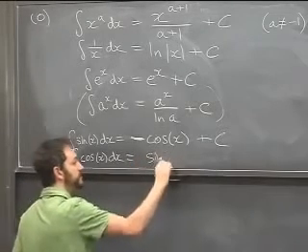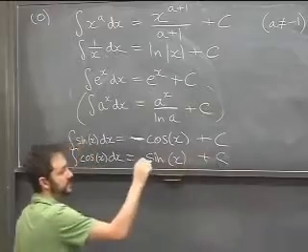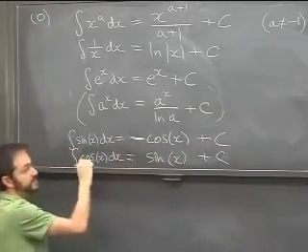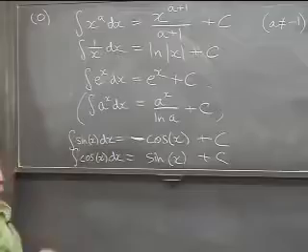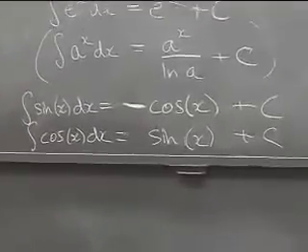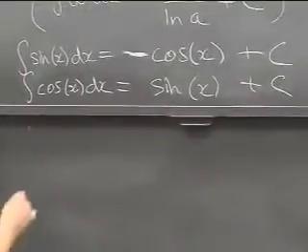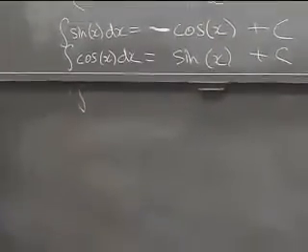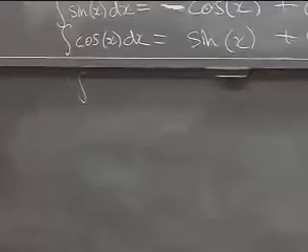However, the integral of cosine is sine. Look, just check by differentiating. The derivative of sine is cosine. Derivative of minus cosine is sine. Somehow everyone gets the derivatives right, but they just get the integrals wrong because it's the opposite. Okay, I'm going to do tan a little bit later and secant a little bit later, so that's not such